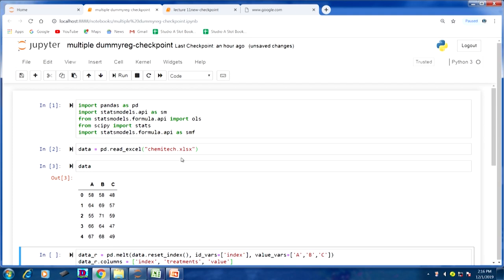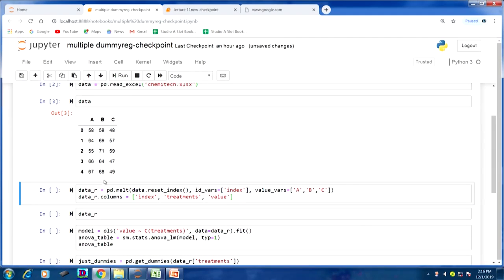For this data set, I am going to do an ANOVA. After doing ANOVA, I am going to check the result. The same problem I am going to run with the help of regression analysis. For doing the regression analysis, I am going to use the concept called dummy variable. So first I will run ANOVA on the given data set.